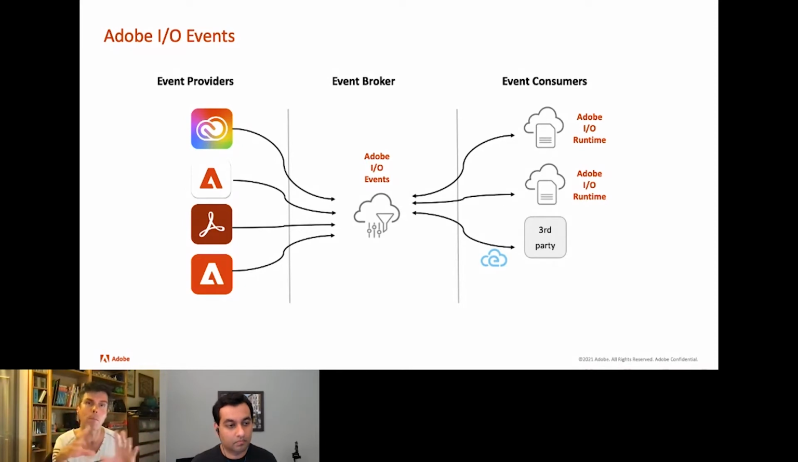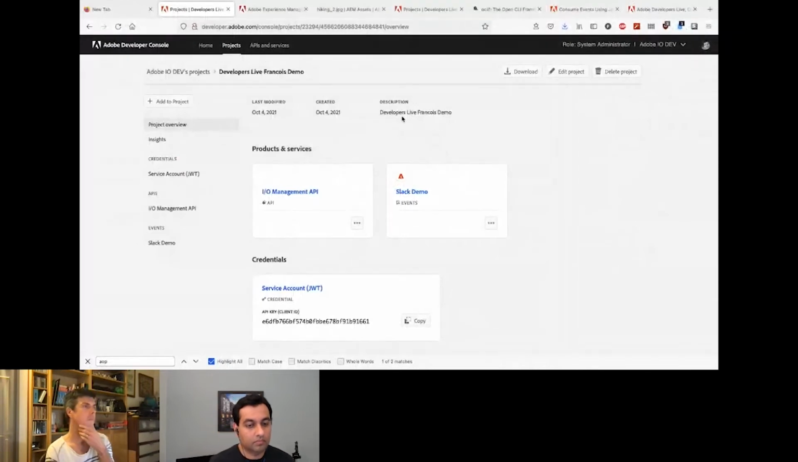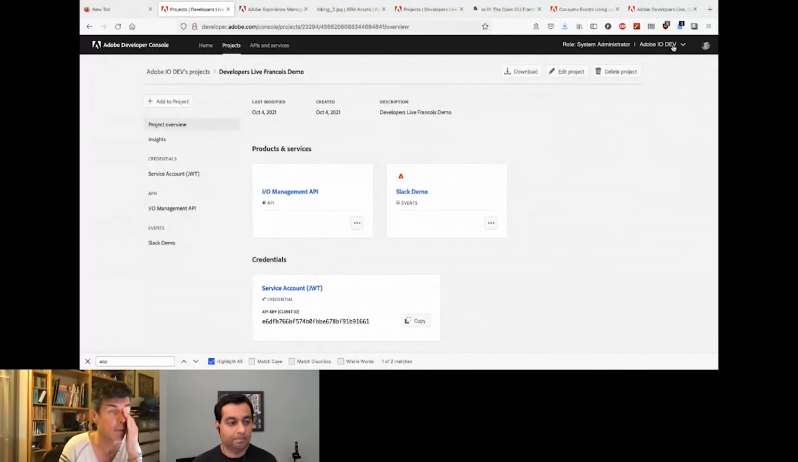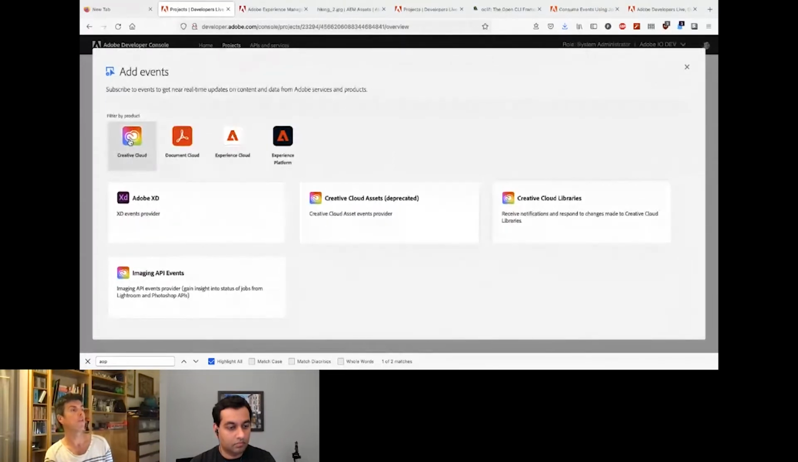But to make it more real, let me switch to the Adobe Developer Console. So here we are in the Developer Console. I'm already logged in. In my organization here, it's a test organization called Adobe I/O Dev. And for the sake of the demo, in the interest of time, I already created a project I named Developers Live François Demo, and we have a project set up already. So I'm going to show you how you could create new subscriptions and new registrations for events coming from Adobe